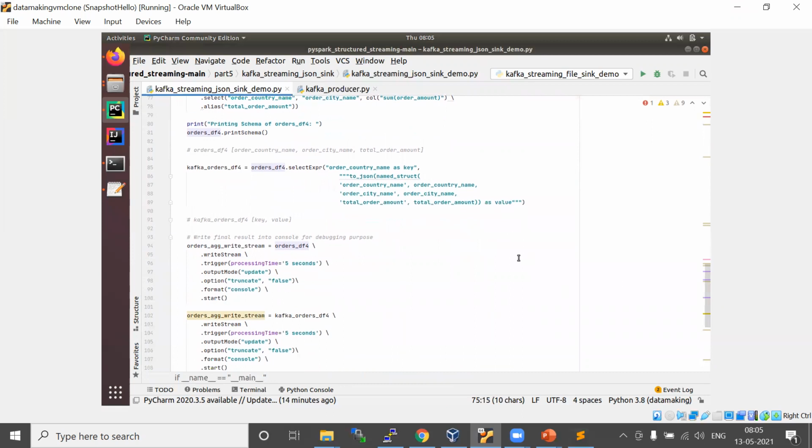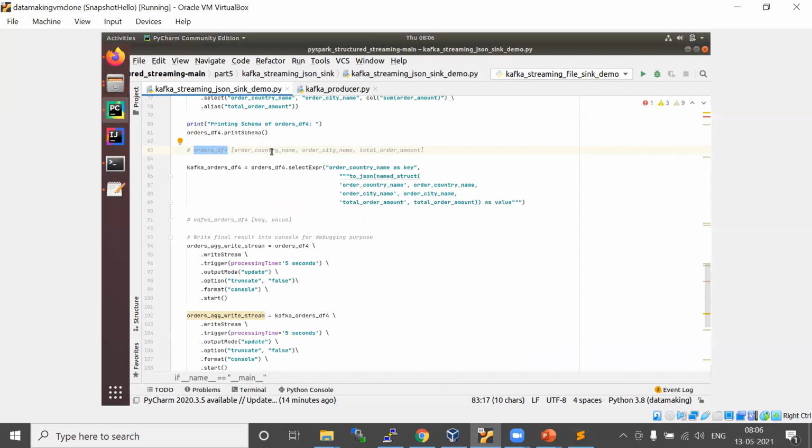Now when you want to write it into the Kafka topic, your data frame orders underscore df4 has the schema of country, city, and total order amount. The same data frame you cannot simply write into Kafka. You need to make this into a value column.